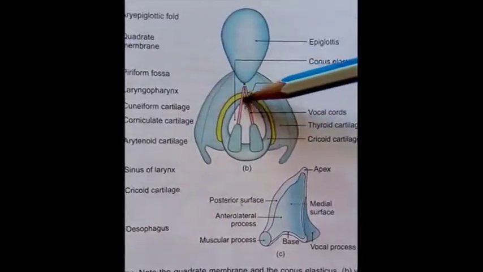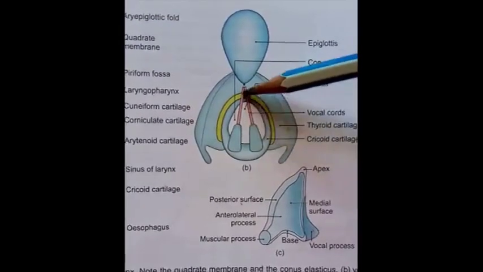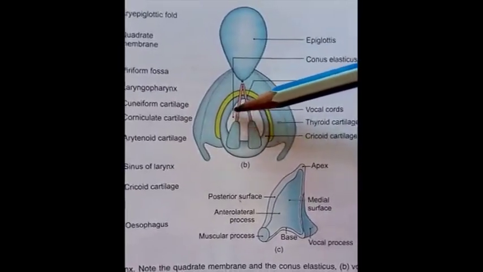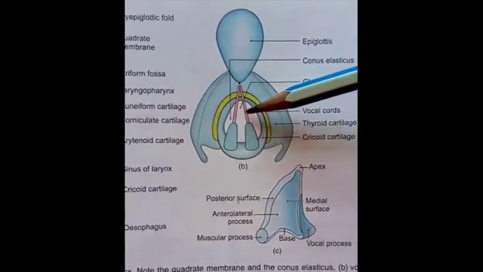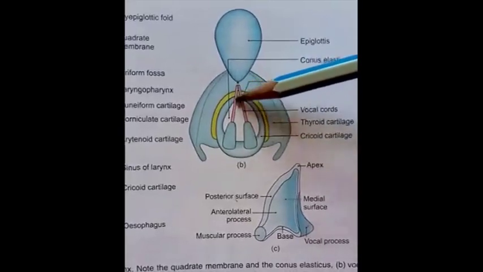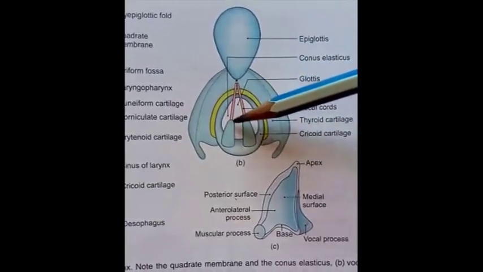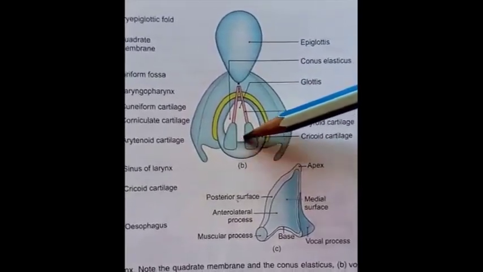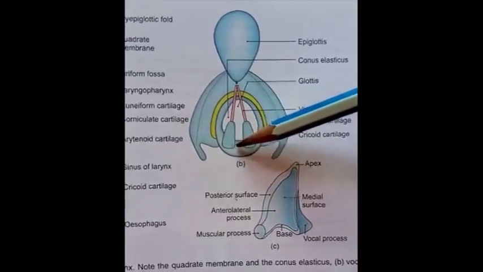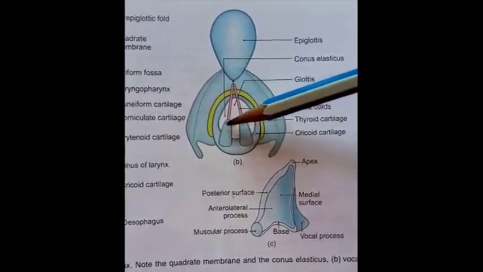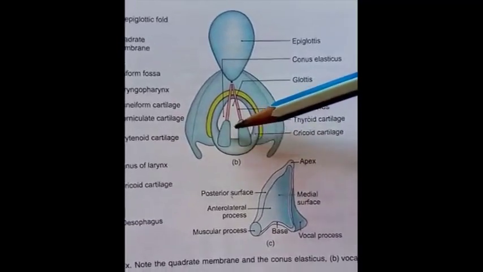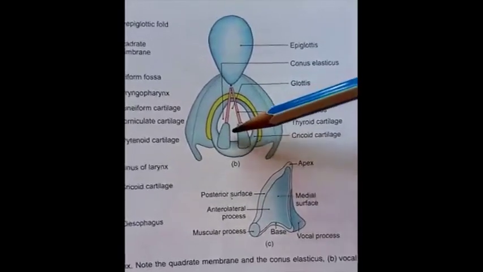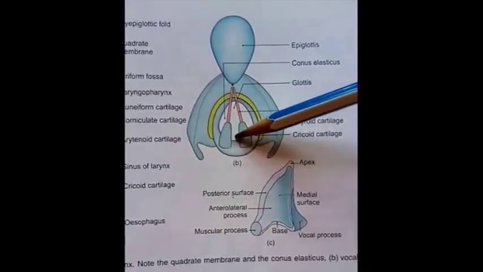So the anterior larger part of the rima glottidis, about 3/5 part, is the intermembranous part because it is limited on both sides by the mucous membrane, and the posterior 2/5 part is the intercartilaginous part. This smaller part is intercartilaginous because it is present between the two processes of the arytenoid cartilage, and these are made of cartilaginous structure. So this is the intercartilaginous posterior 2/5 part of the rima.